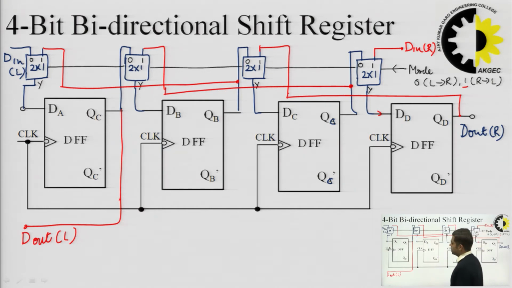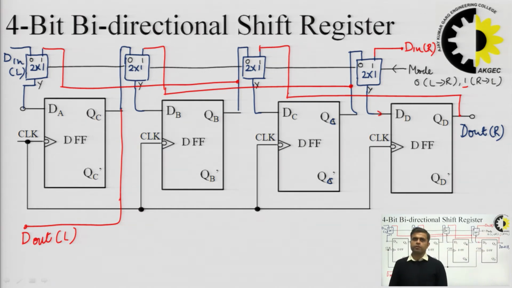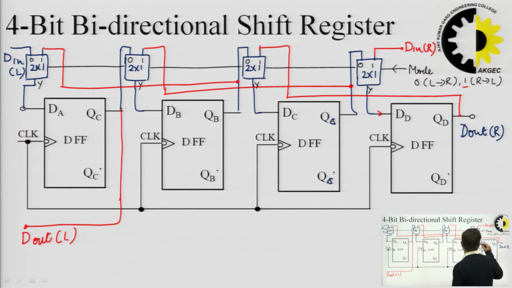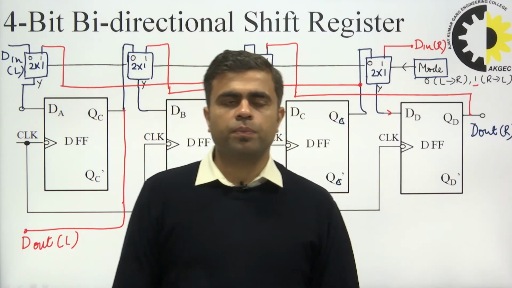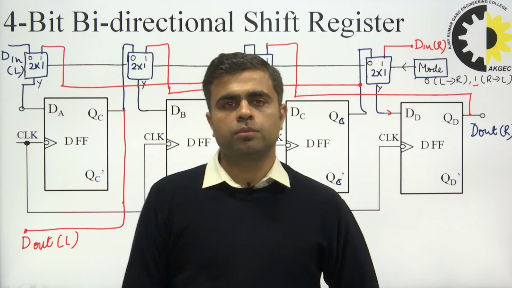So in this way we can see that both left and right shift paths can be established using the same circuit by appropriately controlling this mode input. So this mode input will decide whether I will be performing left shifting or right shifting. And this left shifting and right shifting is very much important in communication systems, where we have to perform